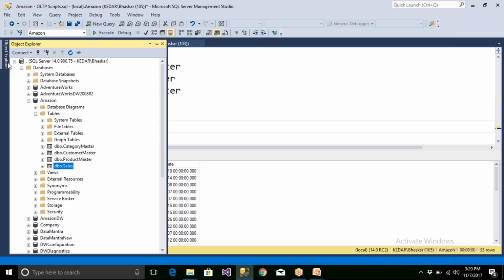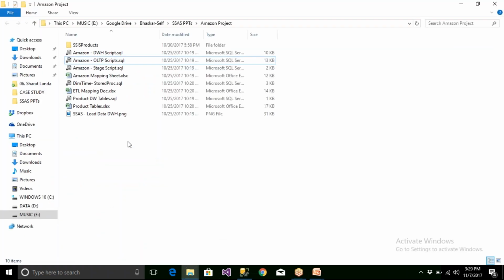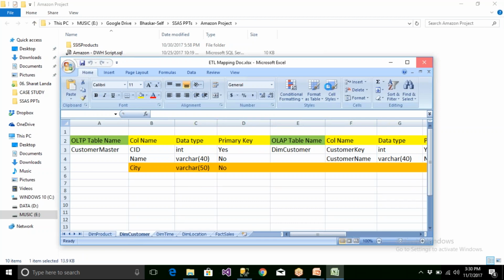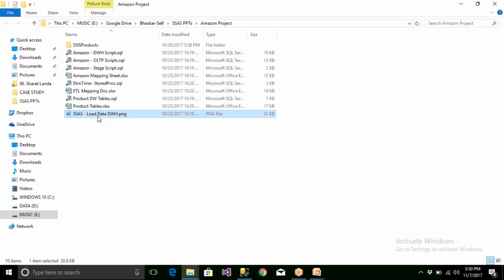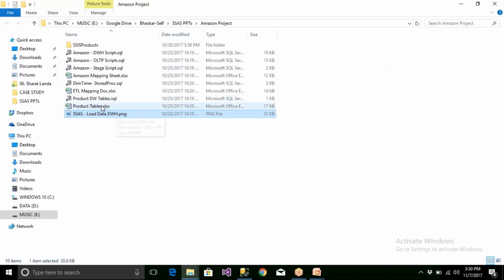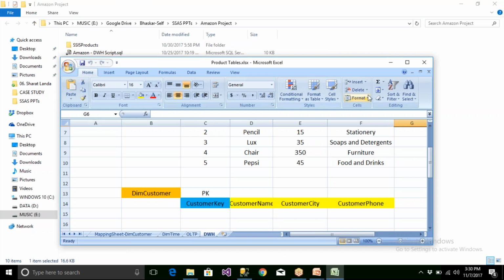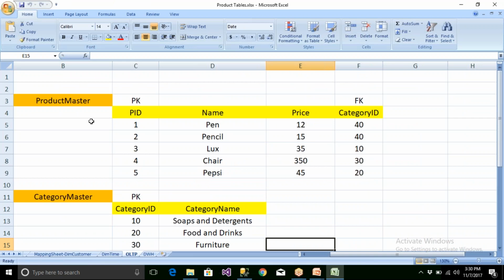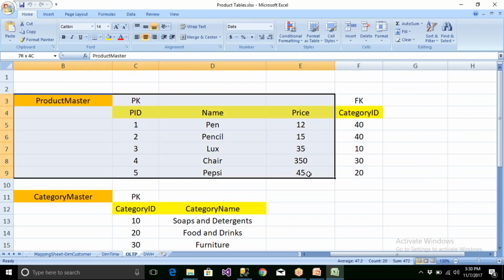So now let me give you a product or Amazon table list, right? What are the tables we have in the OLTP? We have a product master table, so something like this.